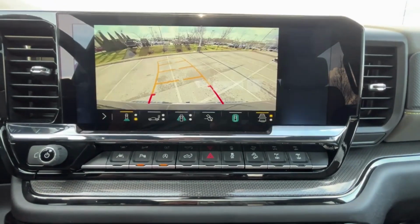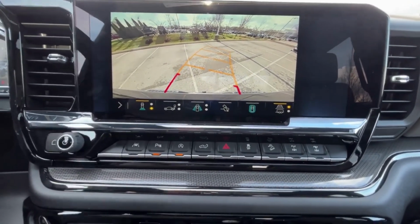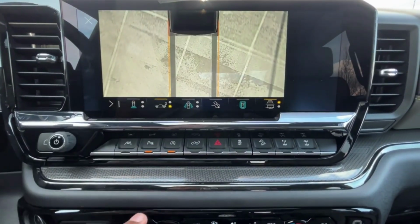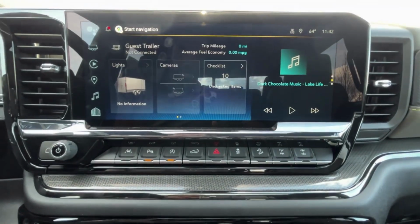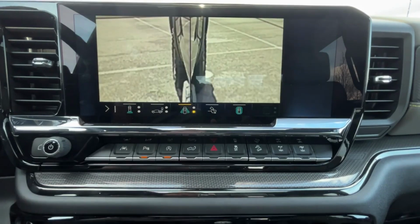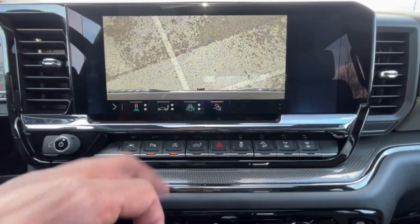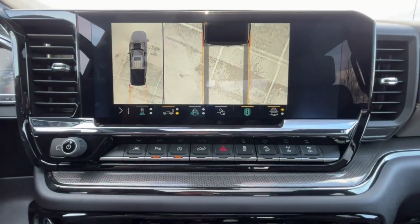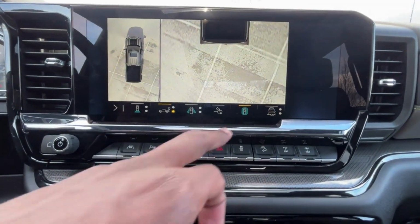And there's our backup camera with guidelines. And with this one having I think the technology package, you get all of these views here. So your trailer 360 view camera, put it back. And then you have your curbside view, forward, back, trailer hitch view, if you're backing it up. And you get that bird's eye view as well. Toggle your guidelines depending on